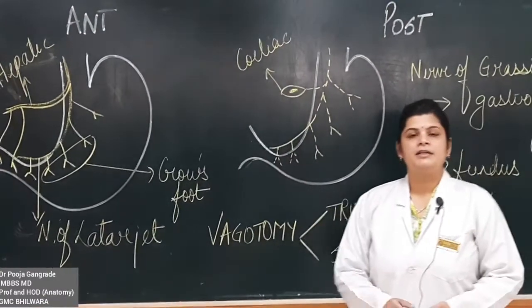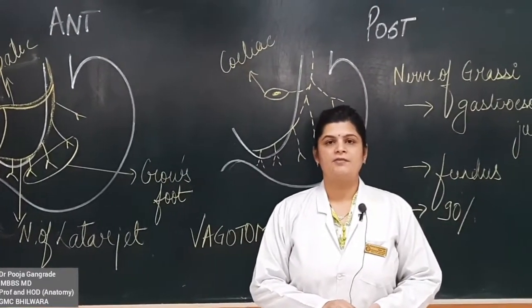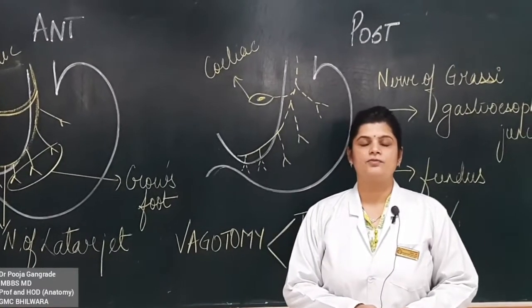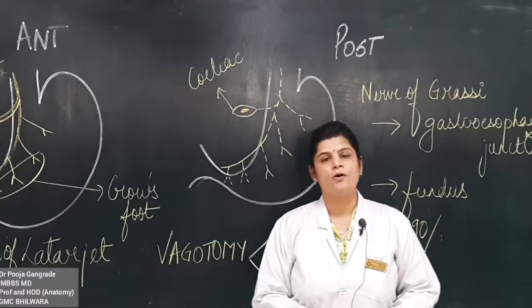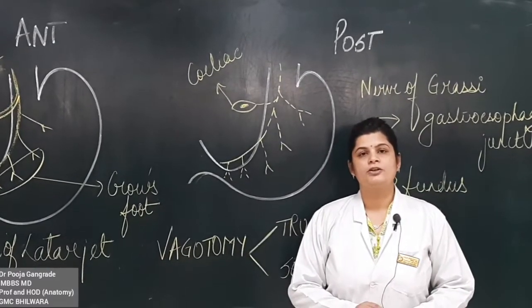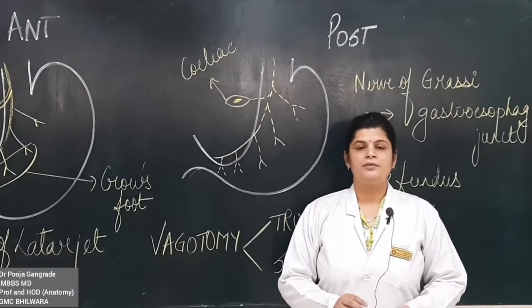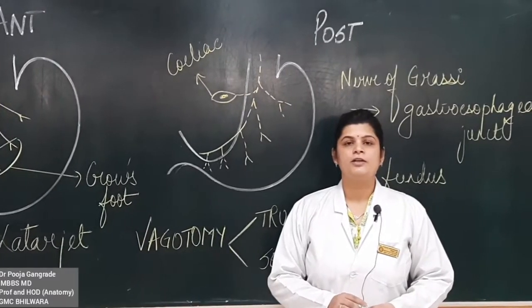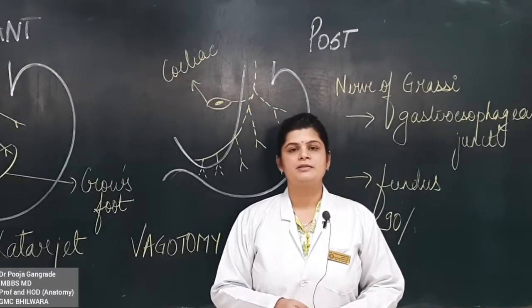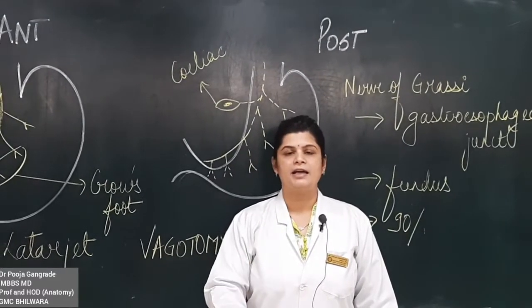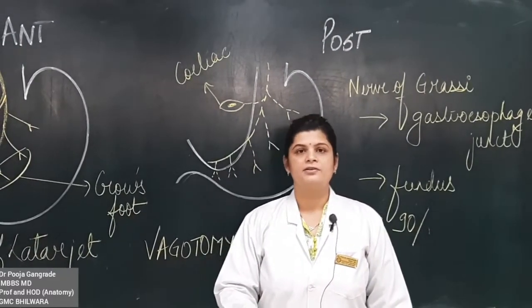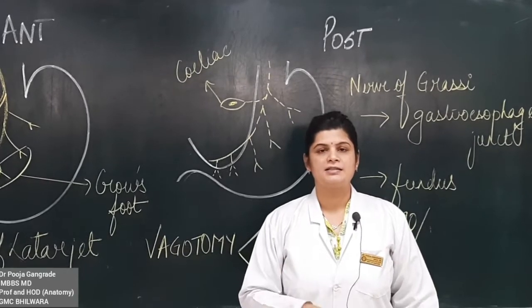Okay. Now, what is the applied importance of the vagus in relation to the stomach? Stomach is a common entity for ulcers. You must have heard of conditions which are called peptic ulcers. Peptic ulcers are very common, and we look at the cure in case of intractable or incurable ulcers. Initially, when there is an ulcer, we often try and give antihistaminics, ulcer drugs, so that the ulcers recover.